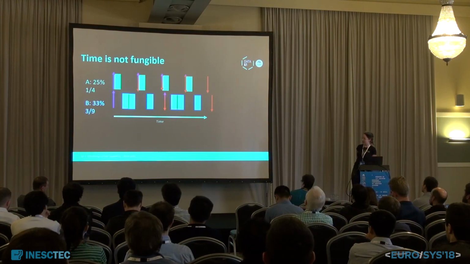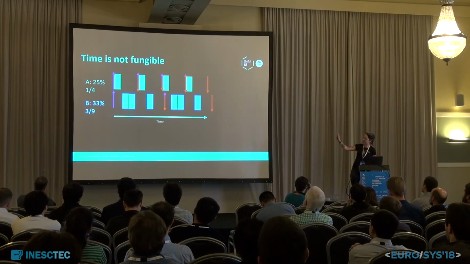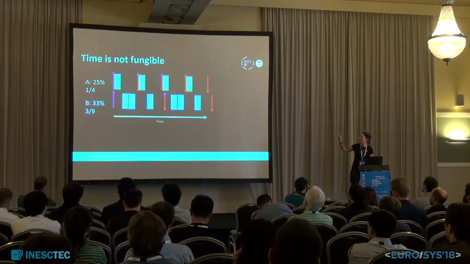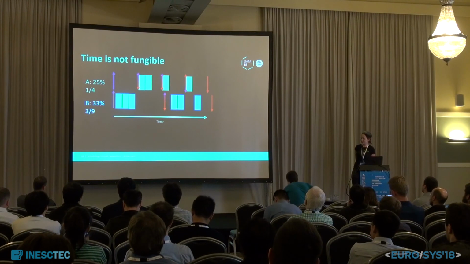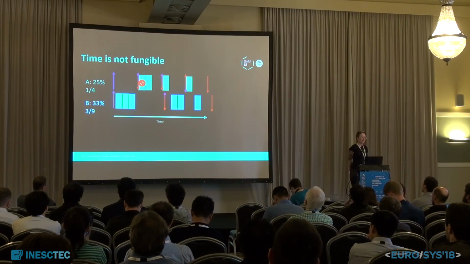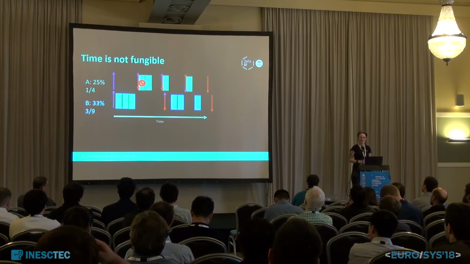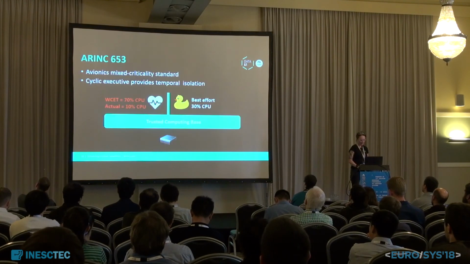So here we have two tasks meeting their deadlines. A and B are both executing, their execution time gets there before the red down arrow, and everybody's happy about that. If we swap two pieces of time, everybody isn't happy, we missed a deadline and something very serious happened and now everybody is dead. So, we can't treat time the same way.